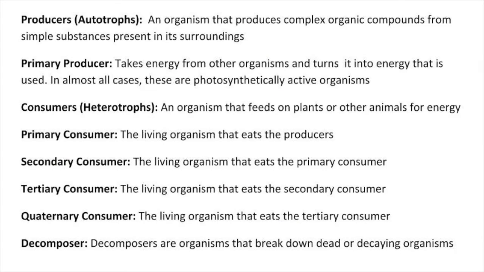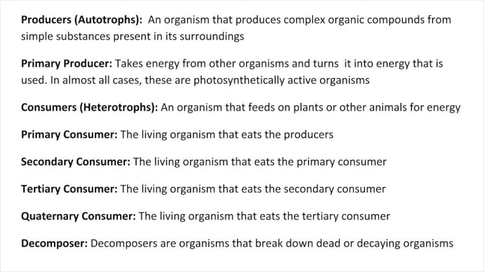Now we are going to go over important definitions so that we can identify the types of organisms we have in our food chain. The first definition is a producer. A producer is also known as an autotroph. These are organisms that produce complex organic compounds from simple substances in their surroundings. We typically have a primary producer which starts the food chain by using energy to create their own organic